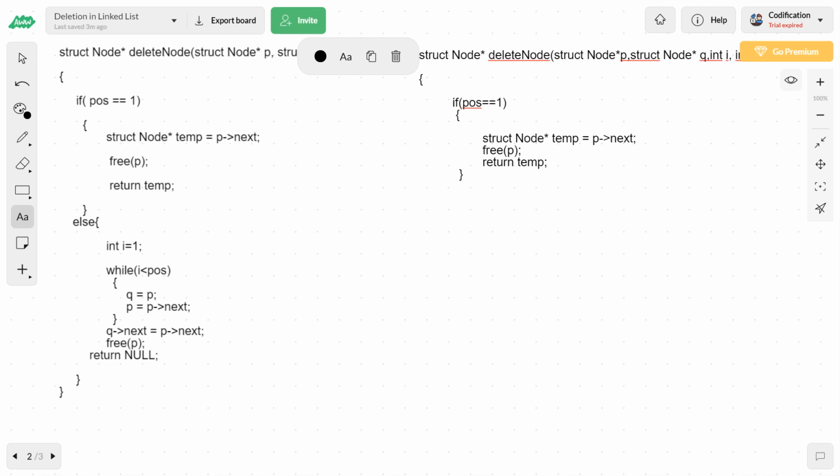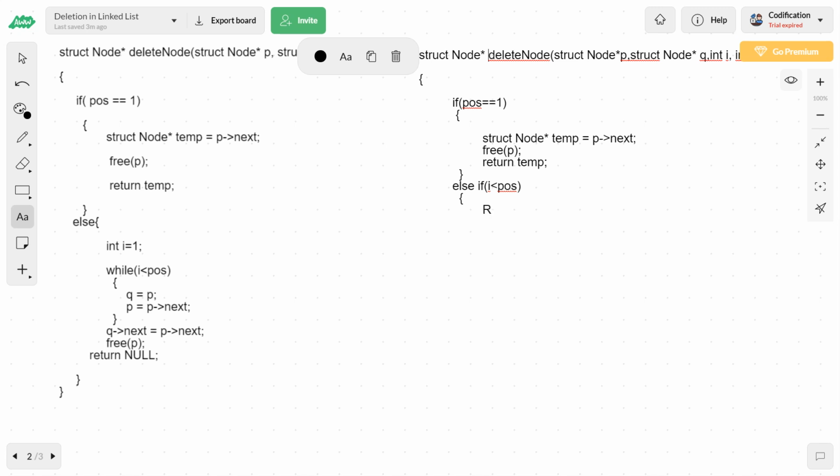So I have to write the condition else if i less than position. Suppose position is not equal to 1, I have to check whether i is less than position, and if that is true, then what do I need to do? I need to change the value of q and I need to change the value of p. The two argument values need to be changed, so call the function and change them.